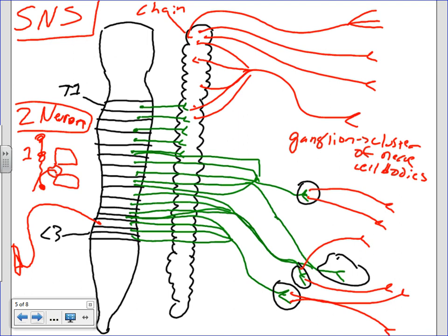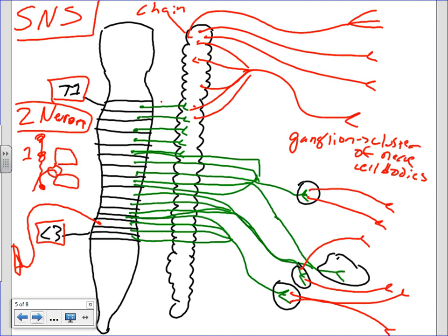Now these divisions of the sympathetic nervous system essentially begin at T1 and go all the way down to L3. Now, T1 to L3. What happens then is you've got